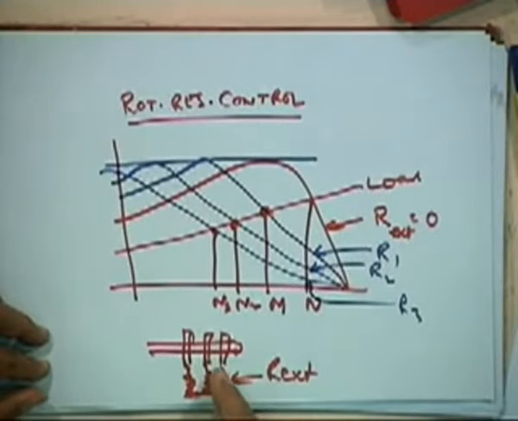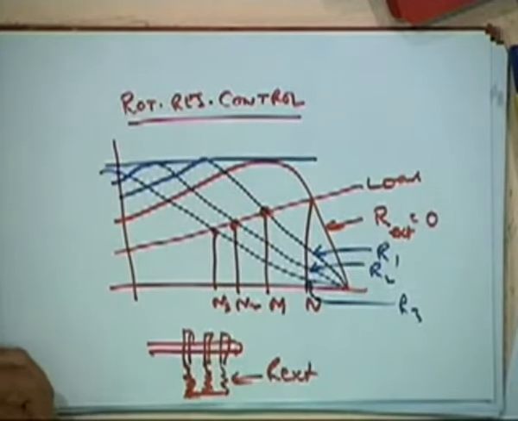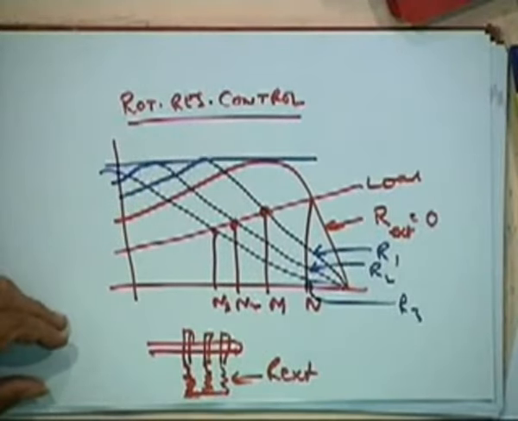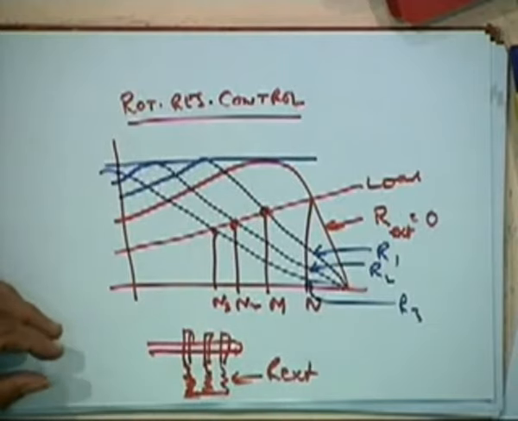But what is the disadvantage of this? It is inefficient. There are more losses in this external circuit. If you want to run at half the speed, that means half of the air gap power goes into this. So especially at higher slips or lower speeds, it is more inefficient. Though so long as it's for a short time, this can be acceptable. Therefore, imagine it is a 1 megawatt machine. If it is running at half speed, that means half a megawatt goes into heating. Therefore, that is one of the major concerns.